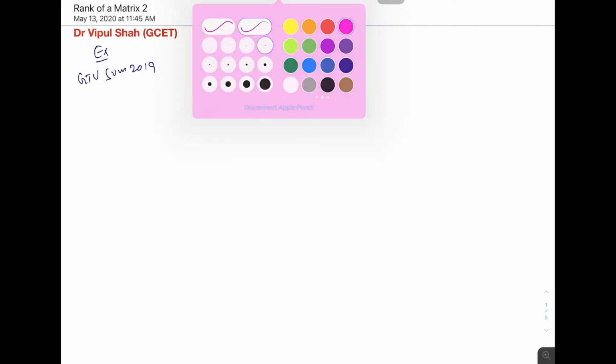Hello friends, let us solve some more examples of rank of a matrix. This was asked in GTU summer 2019. The question was like this: define the rank of a matrix